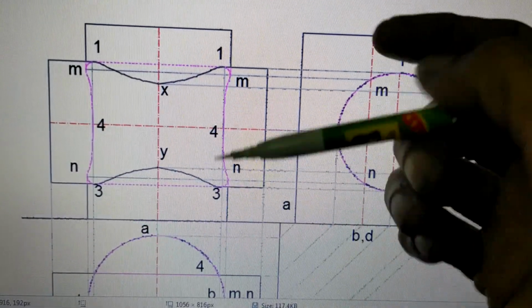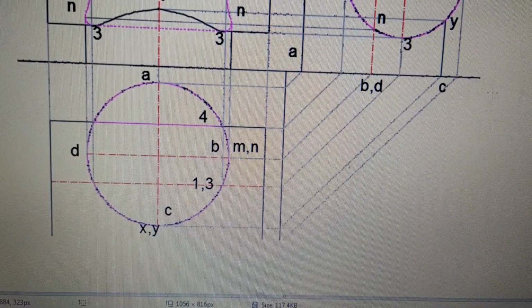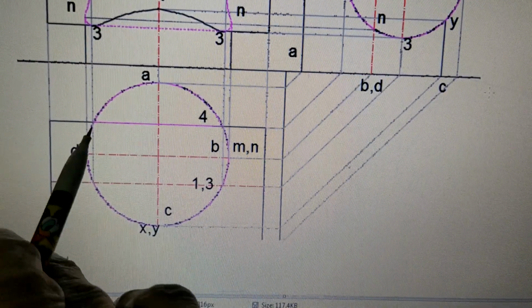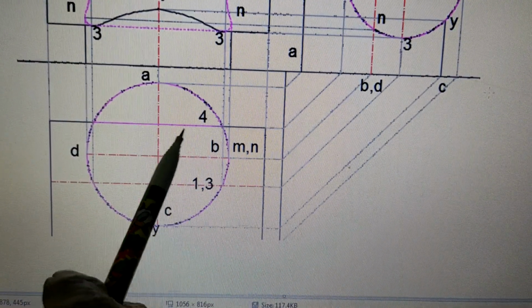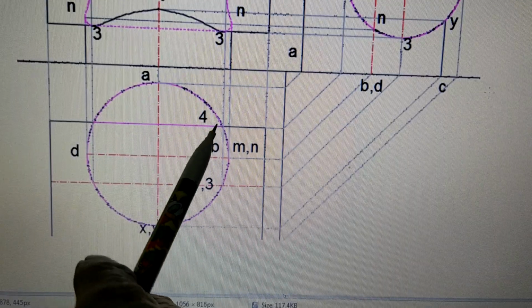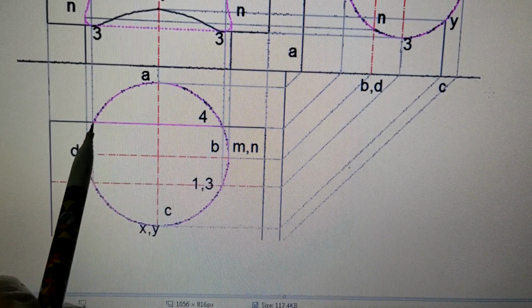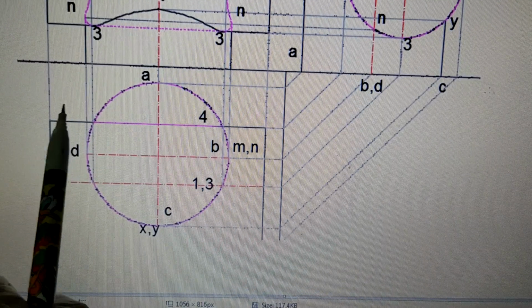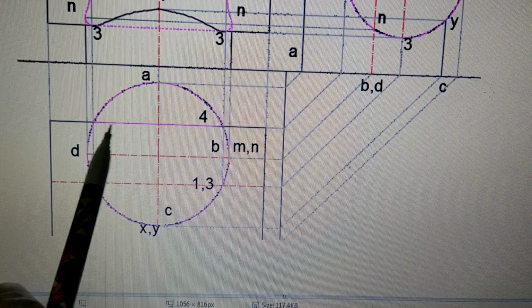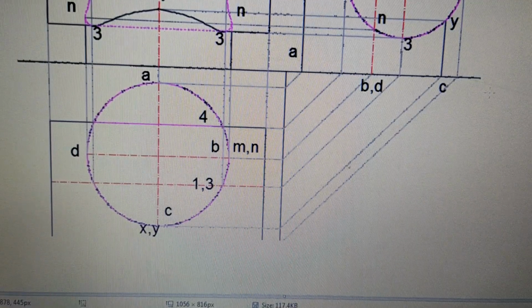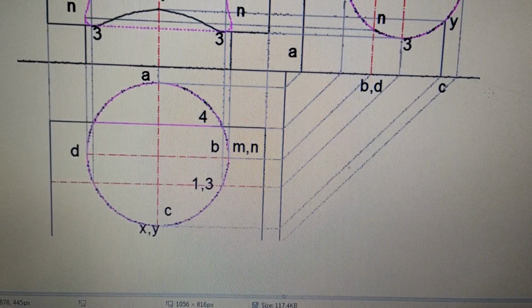Here in the top view also it is not shown, but I will just make this point very clear. Although it is not shown, this part is going to be dotted. Please make a note, here it is not shown, but this part is going to be dotted because this cylinder is seen up to here, then the cylinder goes inside, and after that it comes out. So between this 4 and this 4, the line is to be shown as a dotted line. Okay, so this completes problem number 2.